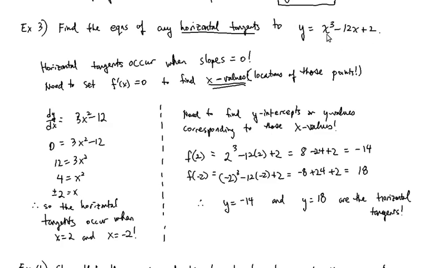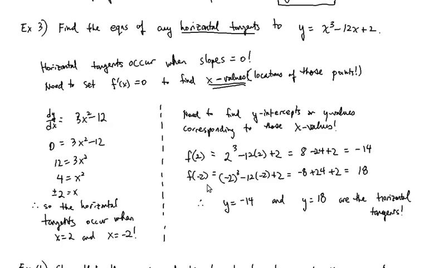So if I put 2 in here, I get 2 cubed minus 12 times 2 plus 2, and that turns out to be 8 minus 24 plus 2, which is negative 14. So minus 14 is going to be the y value at x equals 2, right? Okay, that's where it's going to touch. At the point (2, -14), that's where I'm going to see a horizontal tangent touching this graph. Okay, so y equals minus 14 is one,